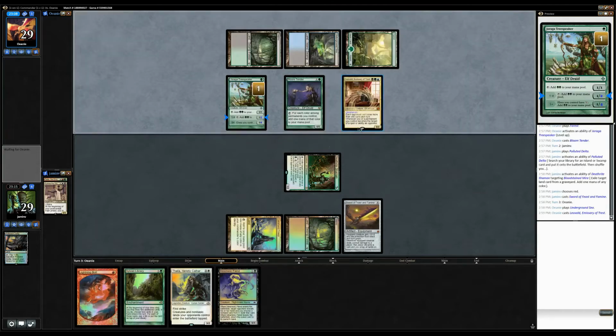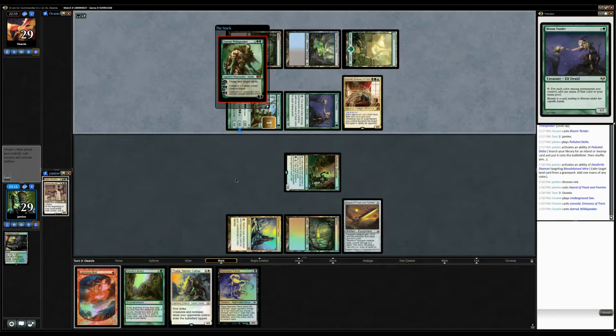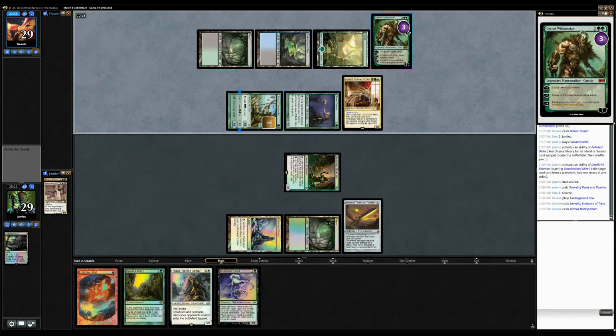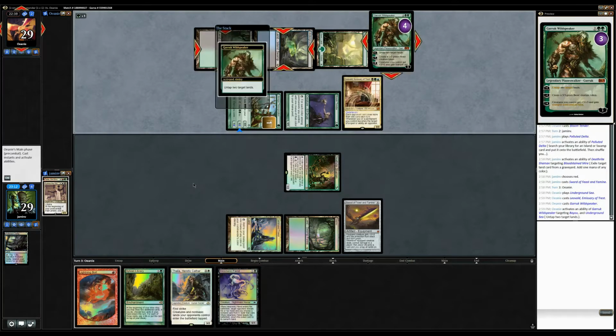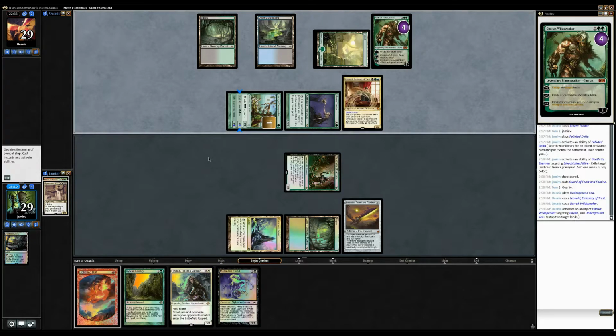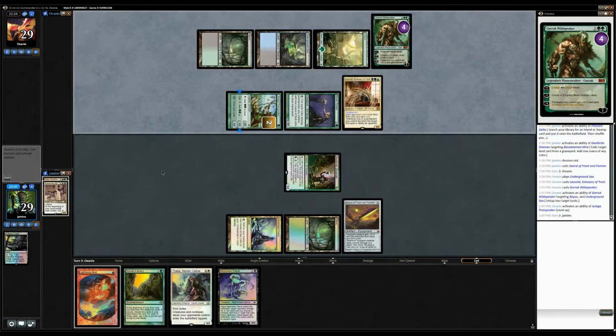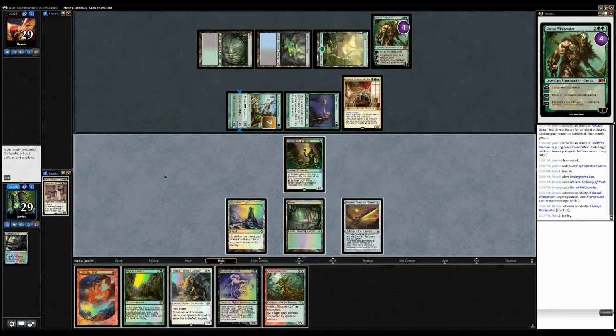There's Leovold. So much mana. There's Surrak. That's even more mana? Jeez. Are you kidding me with this? Alright, we're probably pretty dead here. I mean, I don't know if I should have killed, Alright, well...